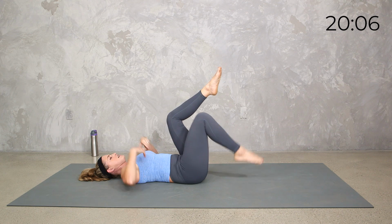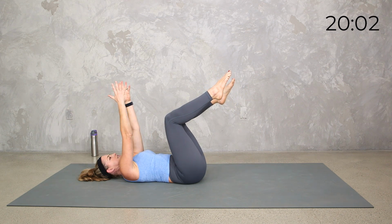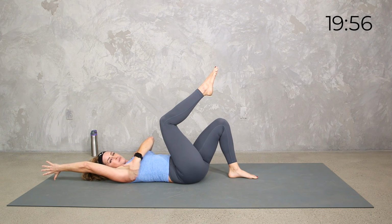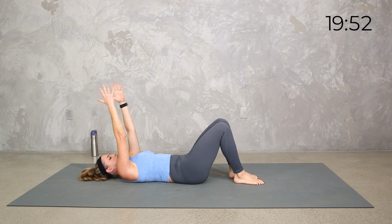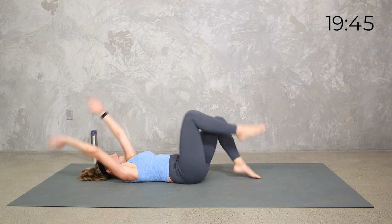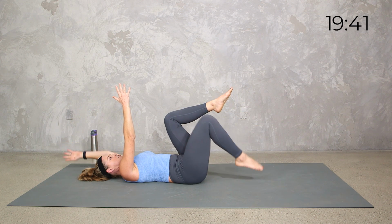You can stay right here. Then if you're ready, take an opposite arm, opposite leg. Let's get that shoulder mobility, trying to reach all the way down if you can. If you have that mobility, I know most of us are pretty tight. Another option would be to actually bring your feet down and just come from here. So many options, right? And then of course, if we want to take it up to that traditional dead bug,